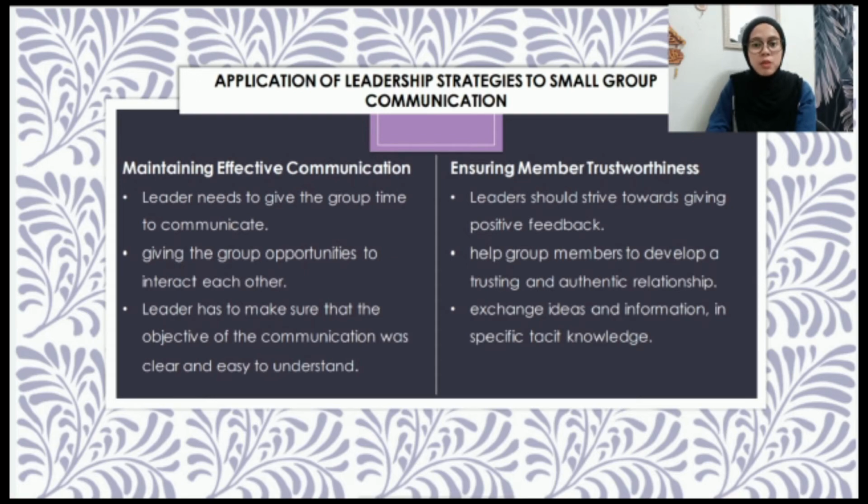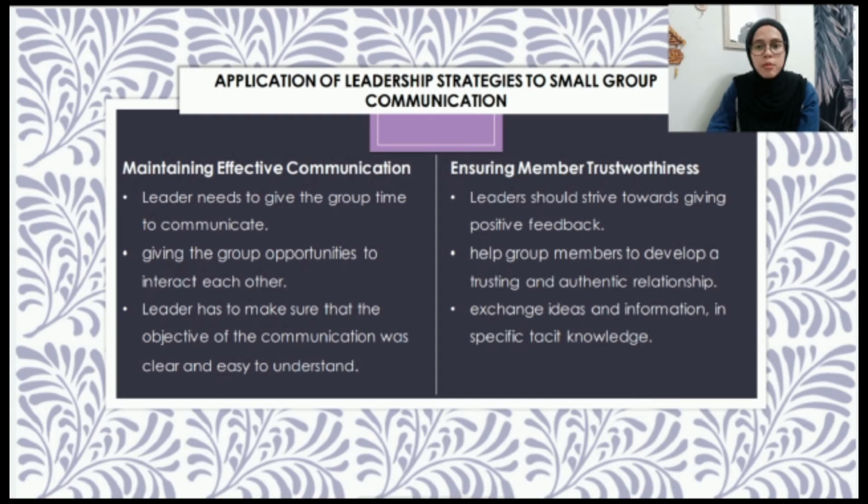I will present the next application, which are maintaining effective communication and ensuring member trustworthiness. As a leader, he needs to give the group time to communicate. Therefore, they can set some time for discussion and for synchronization of progress that can help them create trust and